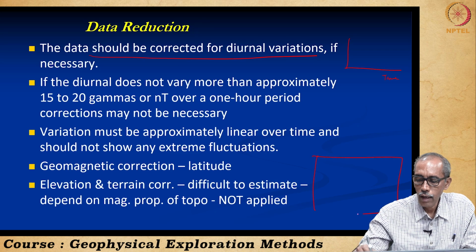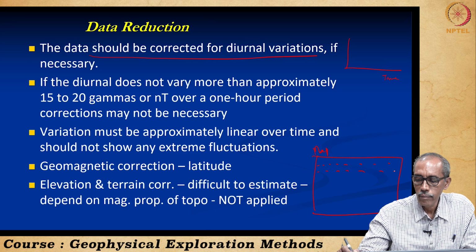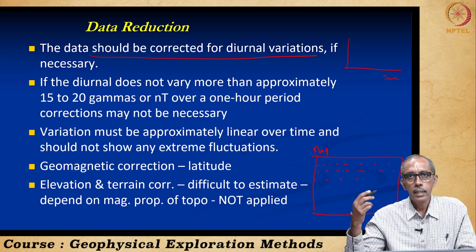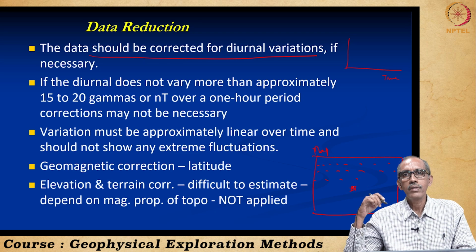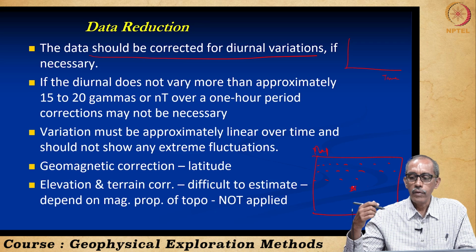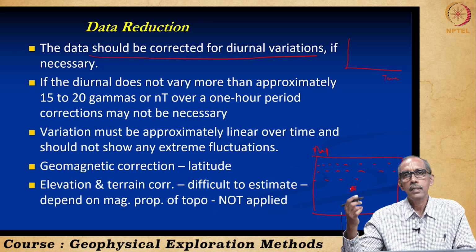This is the area of our investigation. This is a map, right? These are all the points at which we are going to measure the magnetic susceptibility or magnetic total field using the magnetometer. We will choose one station as a base station, preferably the station which is easily accessible. During the survey, we will visit this site, let us say every 20 or 30 minutes.